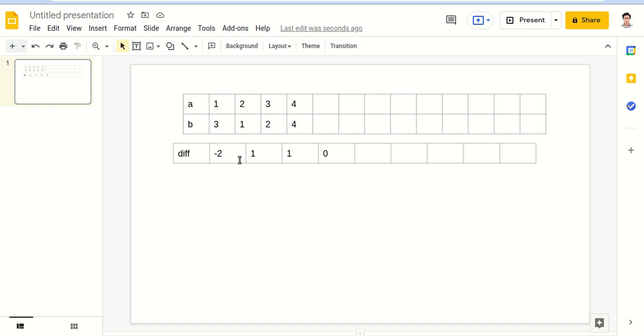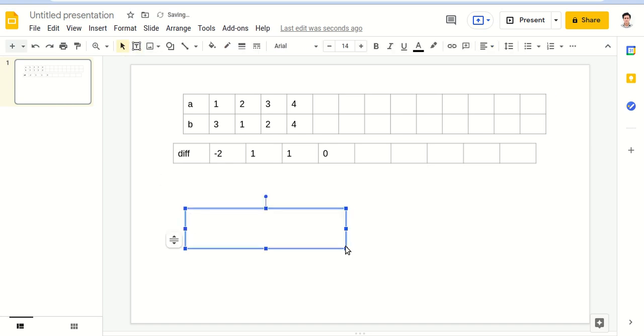If the differences at each index are taken only from A, it is -2, 1 and 1. If we sum all of this up, what is the sum of the differences? The sum of the differences is equal to 0.